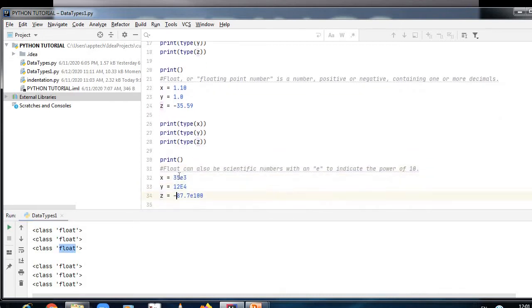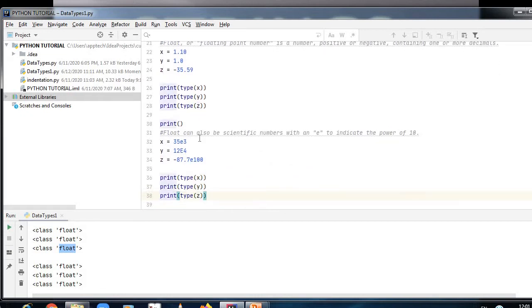Then again, a float can be scientific with e to indicate the power of 10. So here we have put scientific numbers with the power of 10, and all three numbers are nothing but float. You can see float, float and float printed for x, y and z.